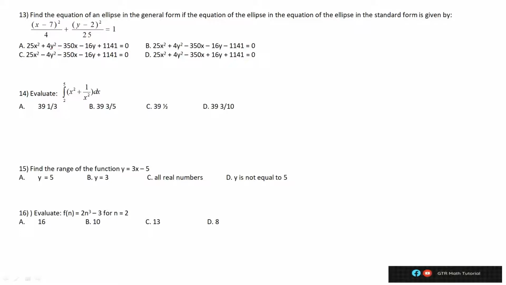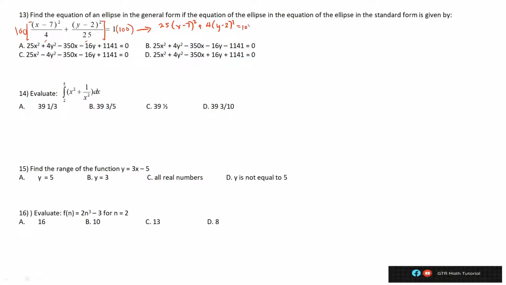So, kailangan walang denominator. So, ang denominator natin ay meron tayong 4 and 25. So, para mawala yung denominator, i-multiply lang natin sa LCD ng 4 and 25. So, that is 100. So, multiply natin both sides by the LCD, which is 100, para mawala yung denominator. So, both sides by 100. Okay? So, ito na siya. So, 100 divided by 4, so that is 25. Then, we have x minus 7 squared plus, so 100 divided by 25, so that is 4. Then, we have y minus 2 squared